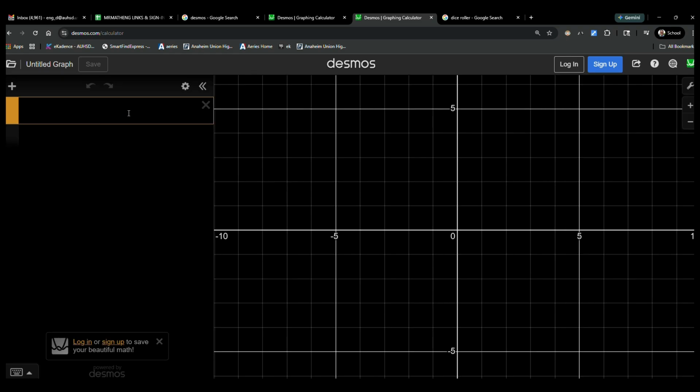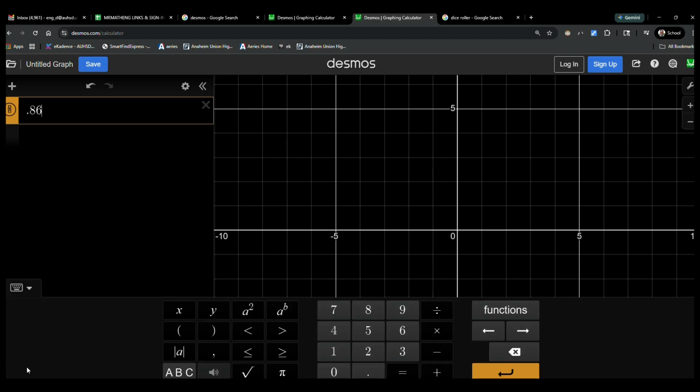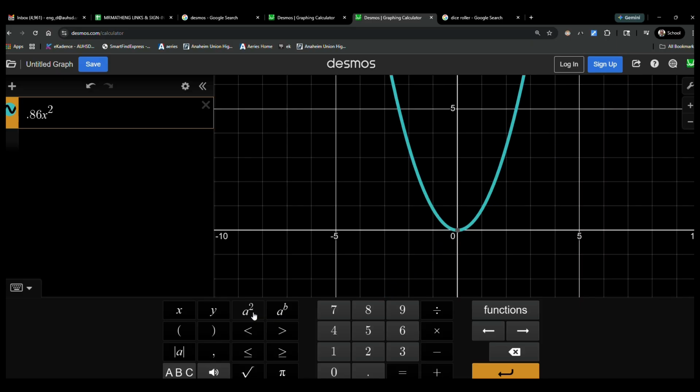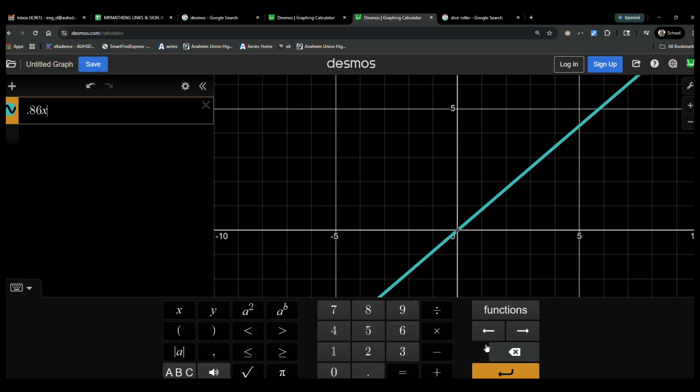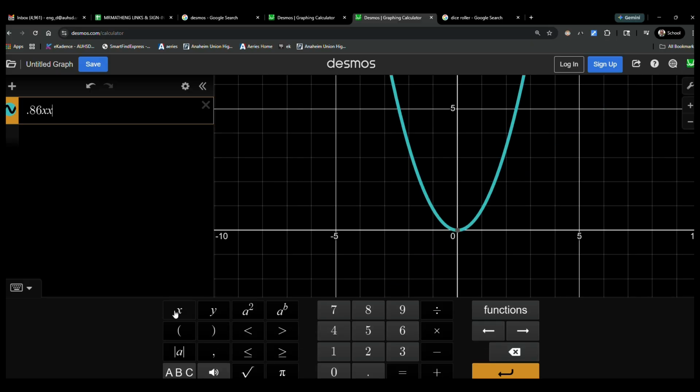In question number 13, I'm going to type in 0.86x squared. So you can use your keyboard. If you'd rather use the keyboard that's on the Desmos, you can pull it up here. And to get x squared, you can type in x and then the exponent. Or if you made a mistake, there's a delete. A faster way of writing that is just writing x